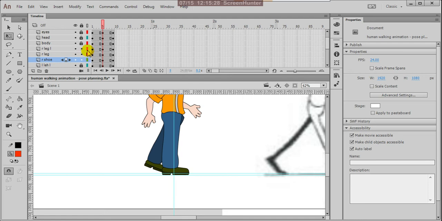So R leg you can lock, and other the body parts you can open.